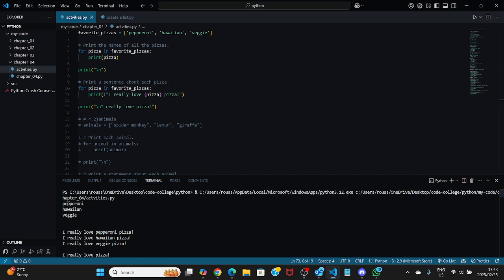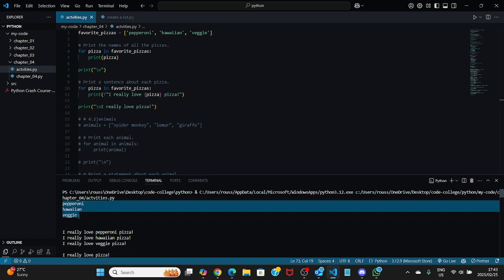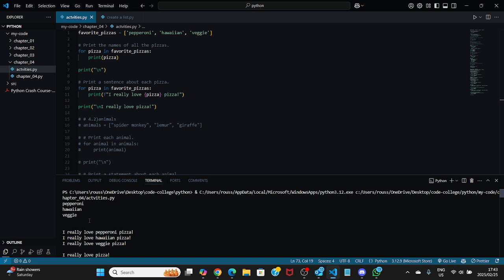Over here we can see it printed out the three pizza flavors that I like, and then we want to print a new line. So a new line character is printed to separate the outputs over here. This is what it actually means. We want to print a new line, and then